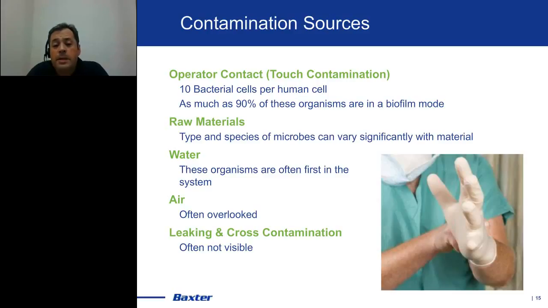Other sources include raw materials, water that's being used, air, which we are certainly designed for, but sometimes I think gets overlooked on the day-to-day operations within manufacturing, and then leaks and cross-contamination. So I actually don't mind so much the leaks that we can see because we can pick those up and we can fix those. What really concerns me is when we have leaks that we can't see. For example, heat exchangers have the potential for having holes between the clean and dirty side, and when that happens, you have the potential for microorganisms crossing over and contaminating your product.